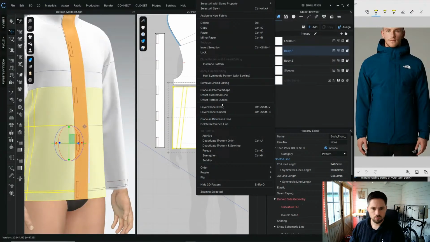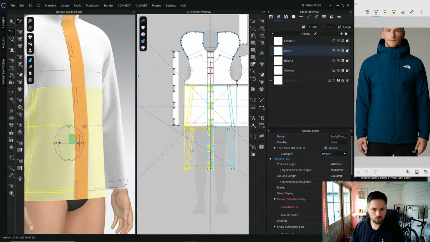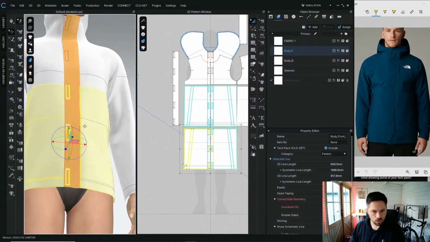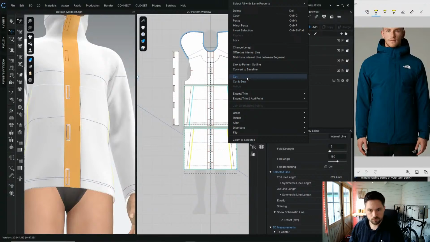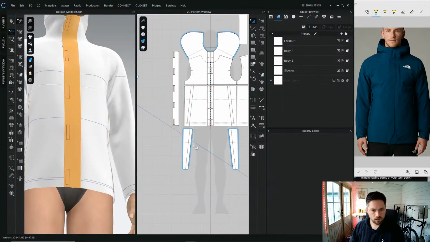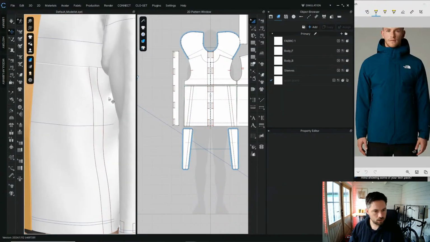And then we'll clone over. So that's a panel that's on top, but then we just delete this. So we just cut that and we get rid of that piece, and that means that we have got these